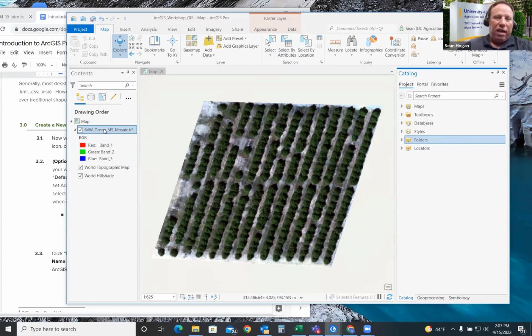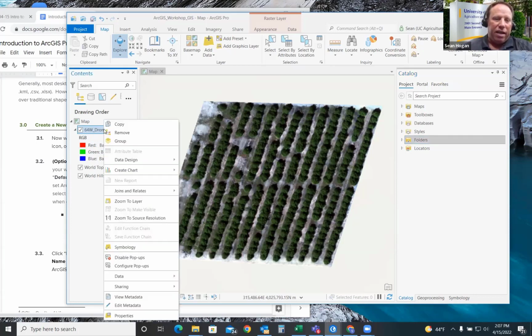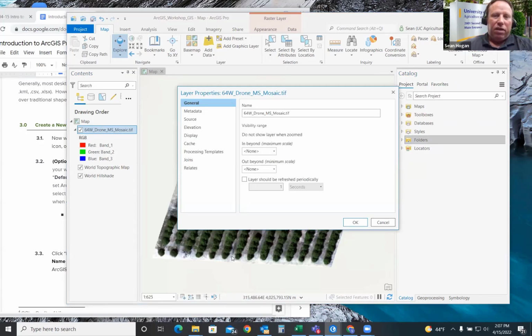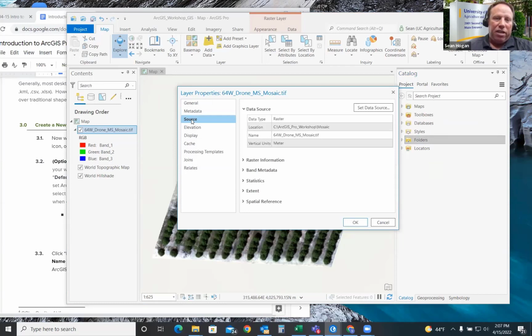If we want to see information about this, what we can do is right click. You can see all these different options, but down at the very bottom, you'll see properties. You click on this, and you have general information initially, but if we want to see the source information, this source layer, it's a raster. It's got the name. It's in vertical units, in meters.